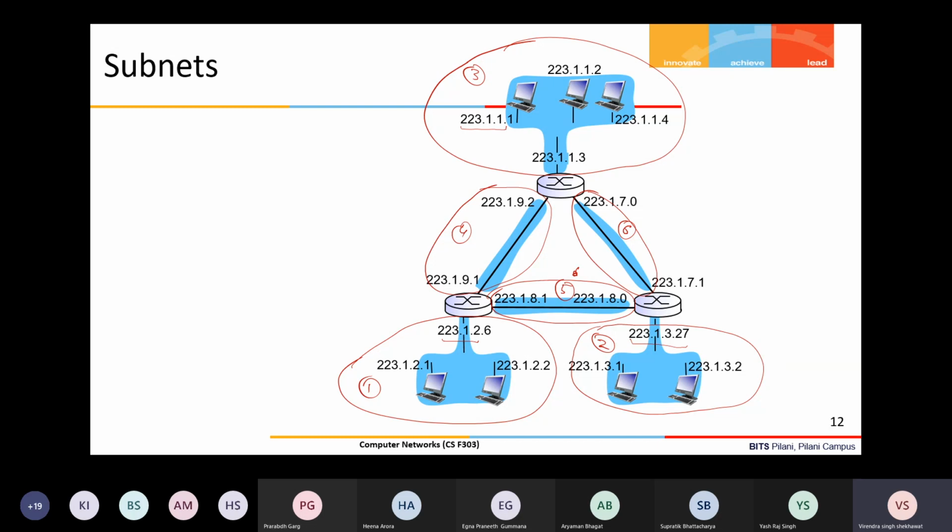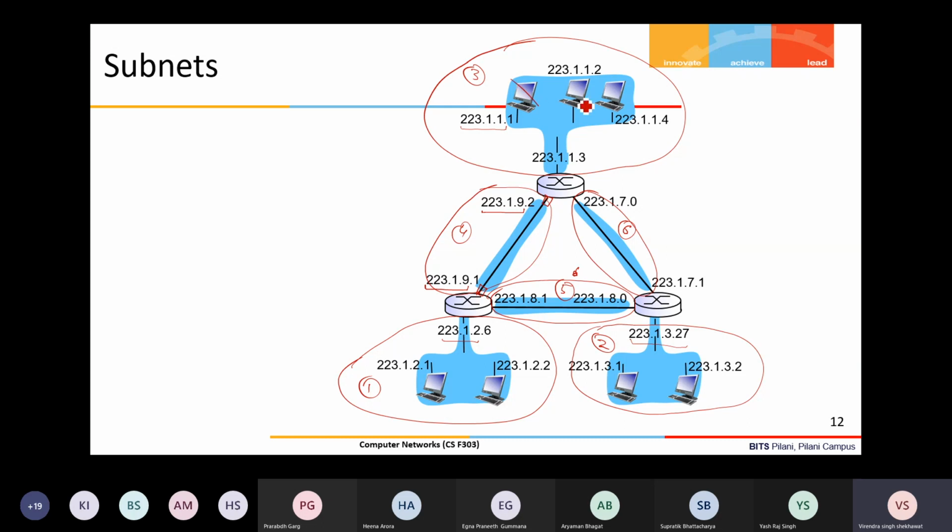So we can even have a subnetwork which is connecting peer to peer. Let's say it's just 2 interfaces which are connected. This interface of the router and this interface are in this subnetwork, and their common network prefix is 223.1.9. You can see this is common, and because only 2 are there, one interface is assigned 1 and the other interface is assigned 2. So basically my subnetwork was the number of interfaces.